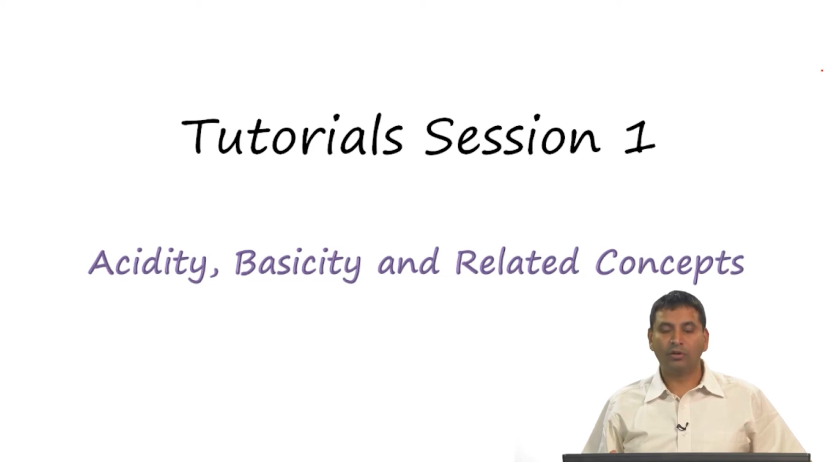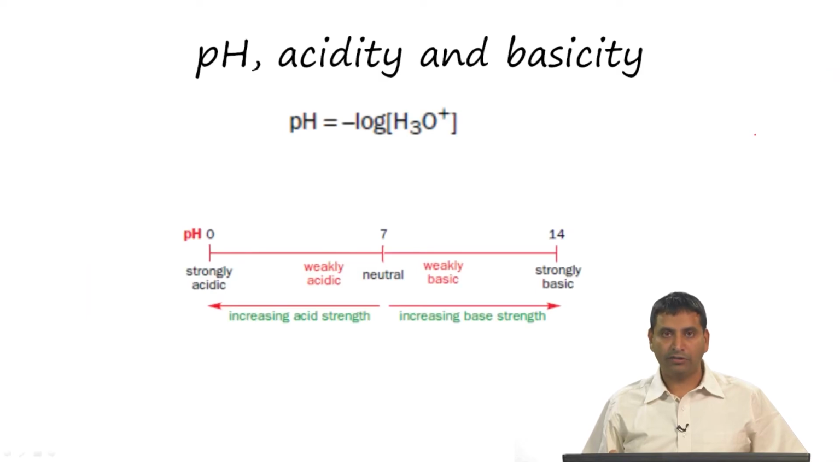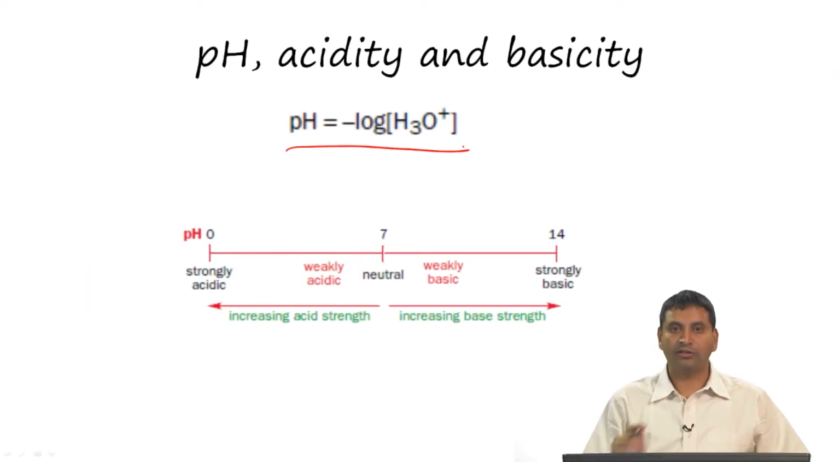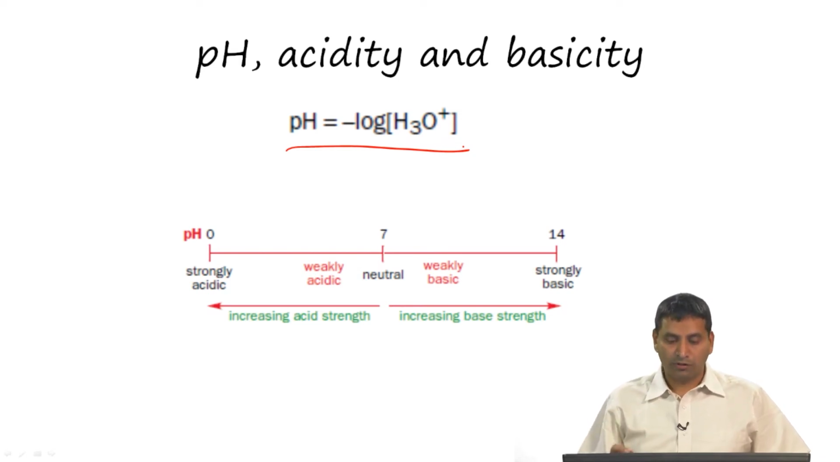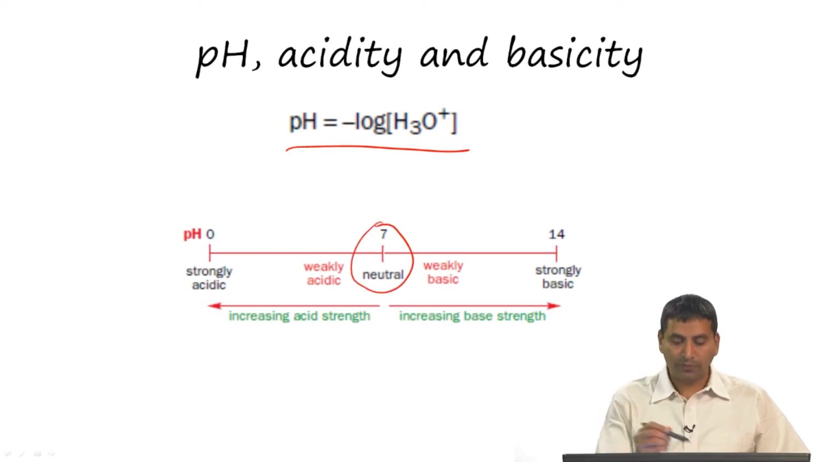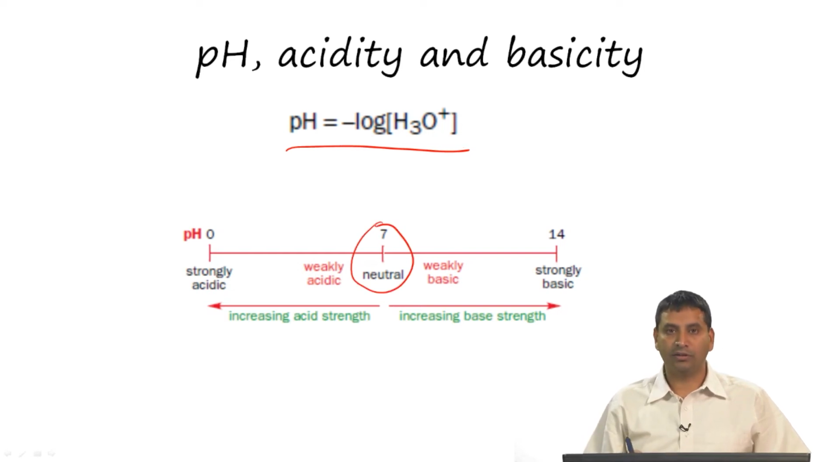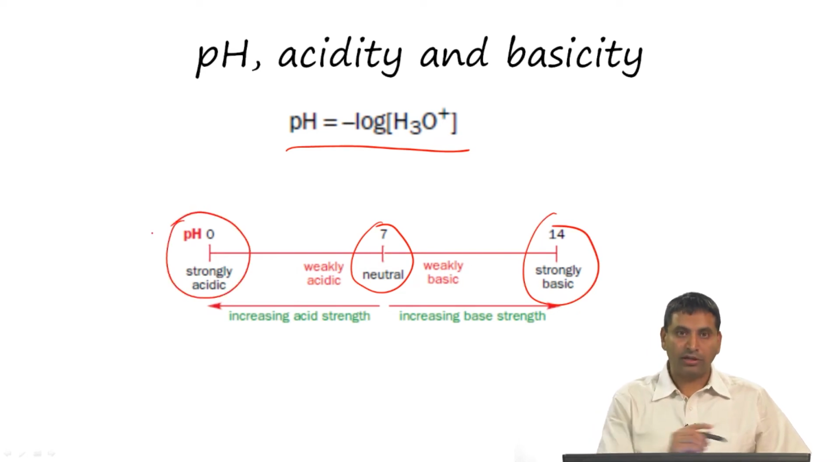Before we go into these concepts, let us first define pH. pH is defined as the negative log of the concentration of H3O plus, and this is a definition that we have encountered in 8th or 9th standard perhaps. Just to go over this, pH 7 is considered neutral. It is neither acidic nor basic, and pH 14 is strongly basic, while pH 0 is strongly